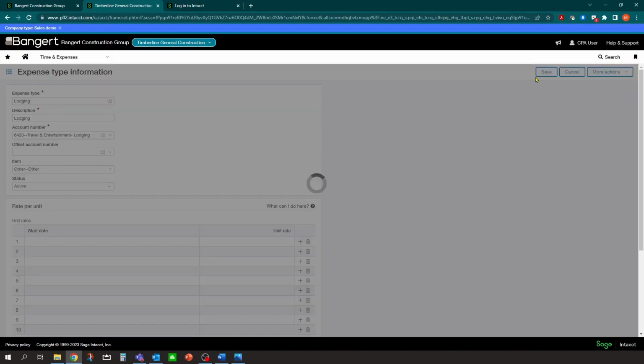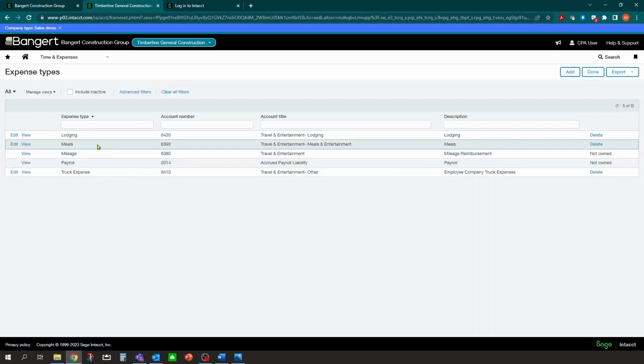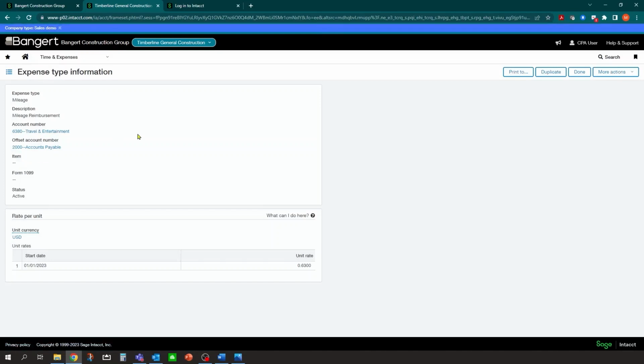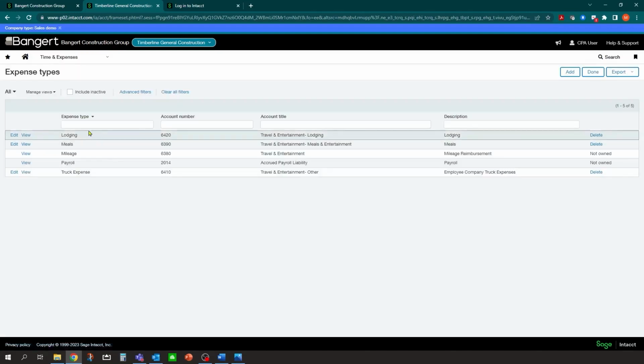And we'll click Save. Now you'll notice at the bottom, you have a place to put in rates. So for example, mileage. So if we're offering a particular unit rate per mile that's standard, you can set this up down in here under rate per unit with a start date. And so now you can track the history of this as well. So if your mileage rates go up at the start of the year, you can put in your new line and up your rate, but still see the history of it in here as well. So you want to make sure you have all your different expense types set up. You do have the ability to set them up on the fly, but this is where they are under expense types in time and expense setup.